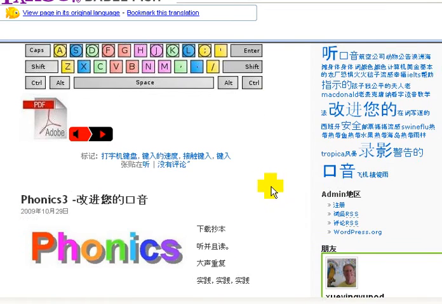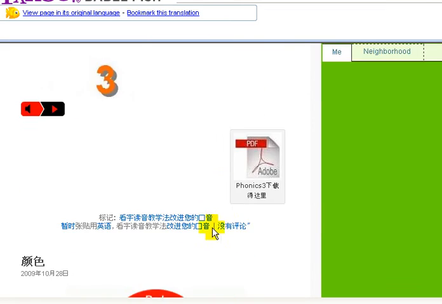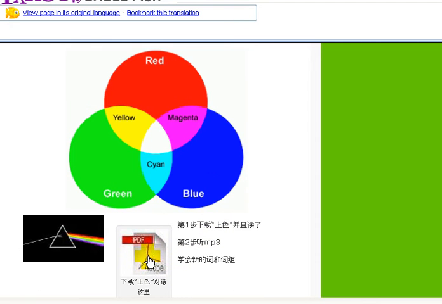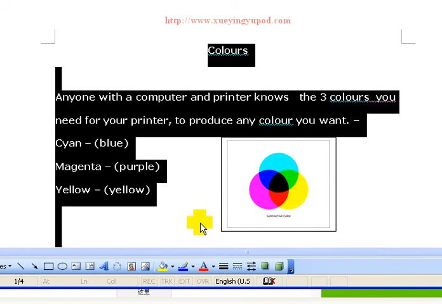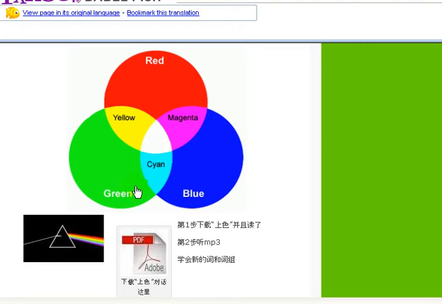But when it comes to translating the text of, say, these files here, then we need to open the text, select that, and then put it into our box. So what I'll do is just open this file which is on colors, and I'll press Ctrl A, which selects all the text. Then I'll press Ctrl C to copy it, and then we'll go back to our box where